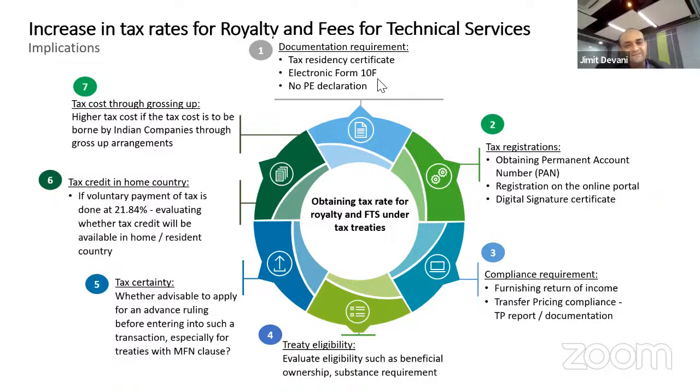Payments for cloud storage, whether it is royalty or FTS, if you ask me, we need to take a 2-3 hour session as to what do you mean by royalty or FTS on payments for cloud storage. It's not an easy answer. We need to actually have a separate session. If you go into that, it will take 2-3 hours. So at this point of time, I may not be able to answer that because it's not just a plain yes or no. We'll have to look into various factors before we come to any conclusion.